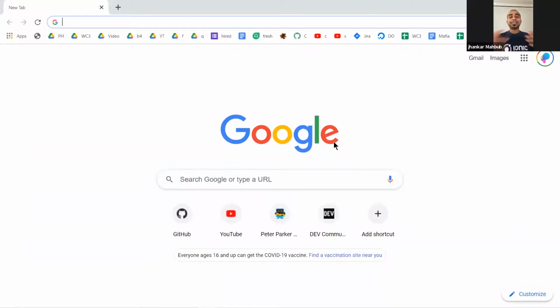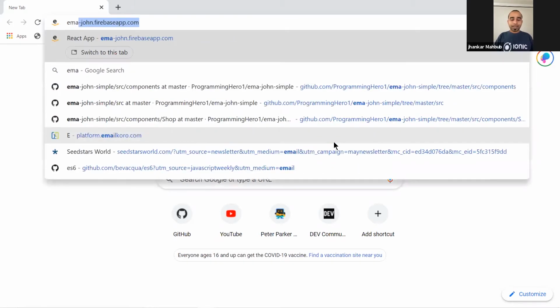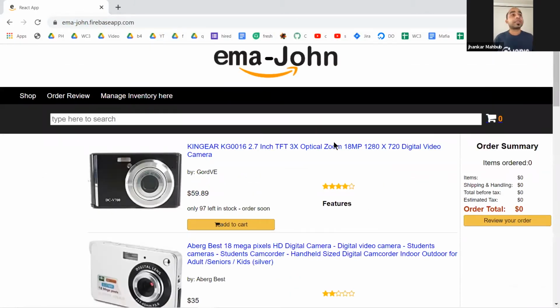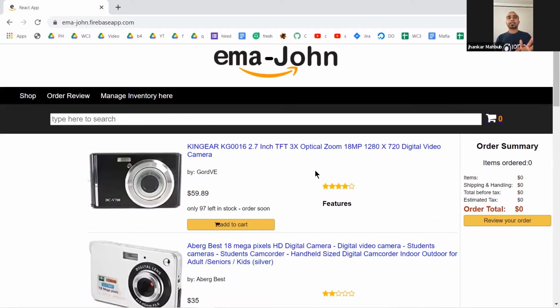Welcome back, everyone. So this time we'll be doing an interesting thing using React. And the interesting part is that the biggest e-commerce site you might see in this world right now is Amazon. There is a true story behind it: it's not actually Amazon, it's Emma-John. It started because someday Emma wanted to impress John with some money, and then they created something called Amazon. And our goal today is to build something close to this, getting as much as possible done within an hour.